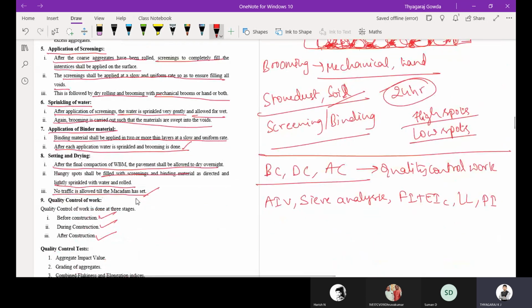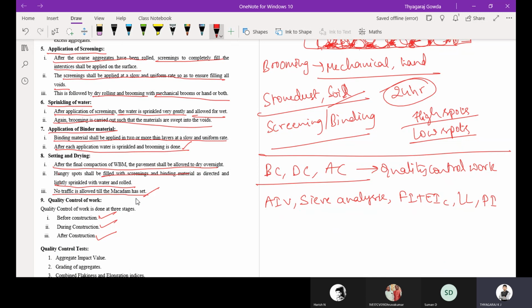Then application of screening. After rolling, you apply the screening material over the aggregates and broom it so that the voids between the aggregates are filled with screening material. Then you roll it. Then sprinkling of water, so that the screening material gets wet and easily moves into the aggregate voids.